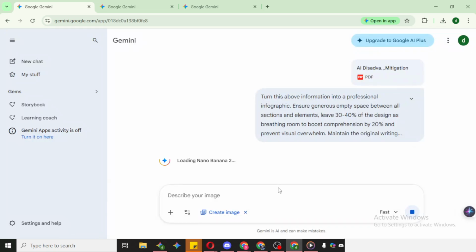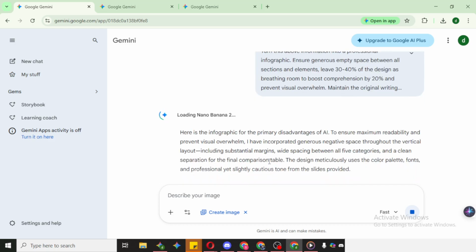After you've entered the prompt, press send and wait patiently while Gemini processes your file. Depending on the length and complexity of your document, this can take a moment. That's normal. The model is parsing structure, prioritizing hierarchy, and translating your content into a visually logical flow. If you see Gemini thinking for a bit longer, simply continue to wait patiently until it generates your prompts and